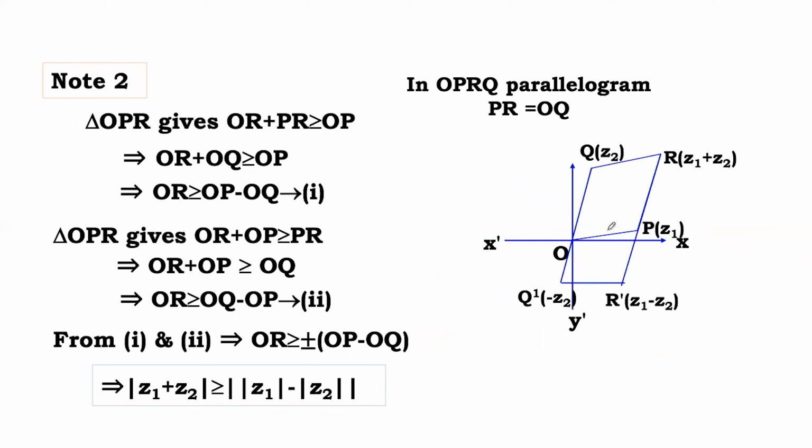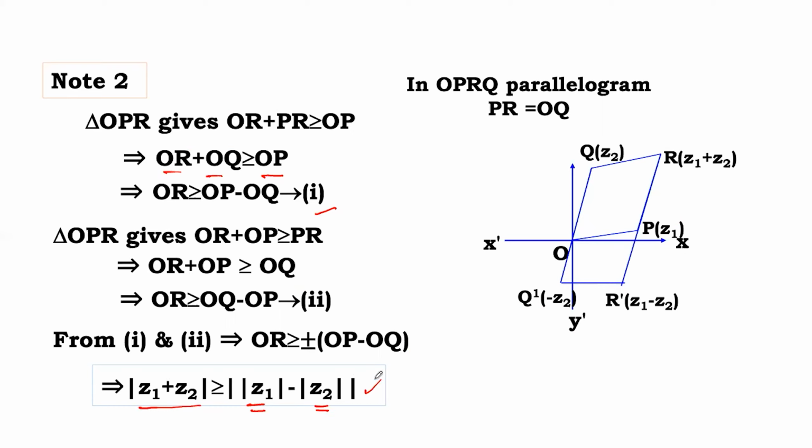In the triangle law, we know that with the parallelogram also, right? We can say OP plus OQ is greater than OP, and with the plus sign or minus sign, both ways, right? Sum of two sides is greater than the third side, difference of two sides is less than the third side. This is also applicable. So mod of Z1 plus Z2 is greater than or equal to mod Z1 minus mod Z2 in the mod,